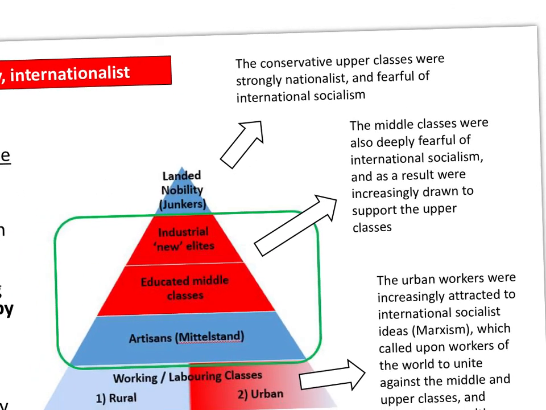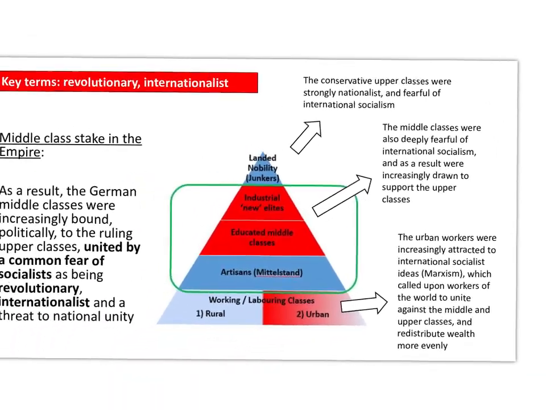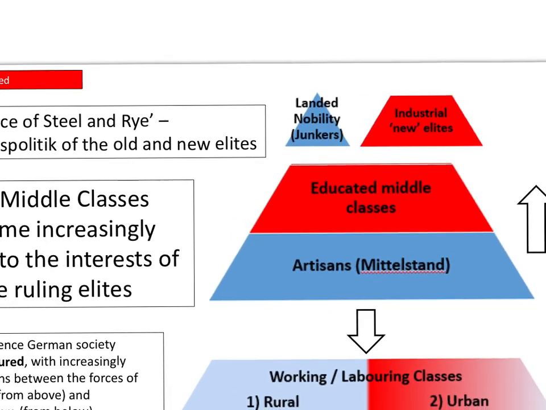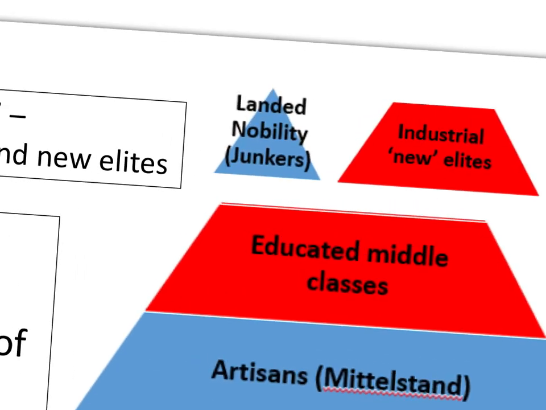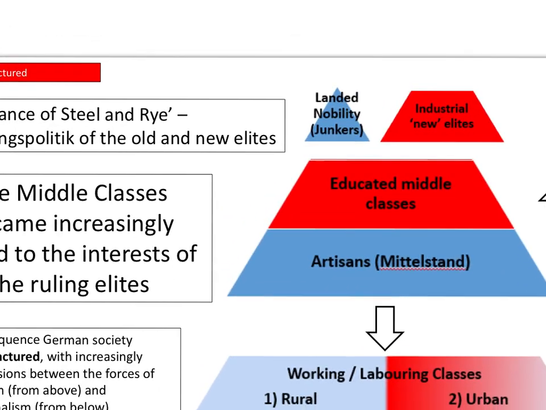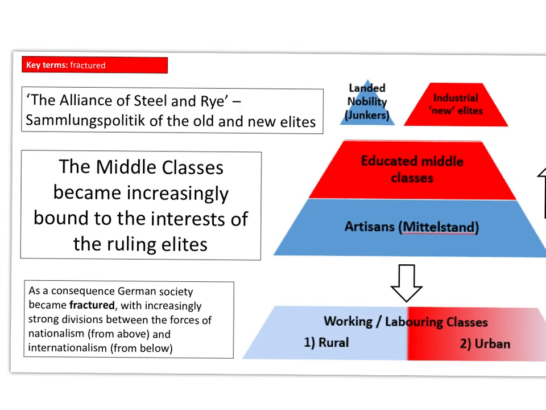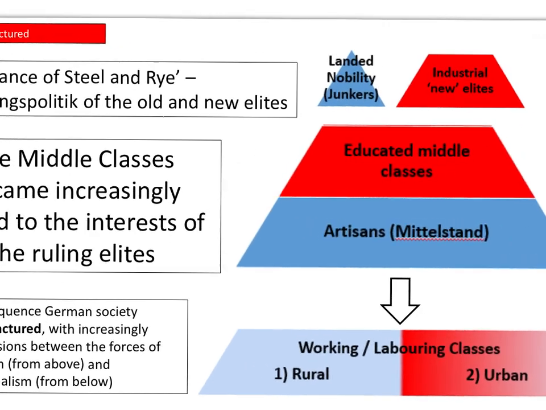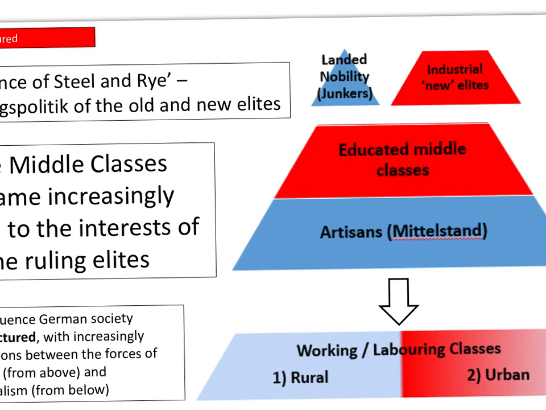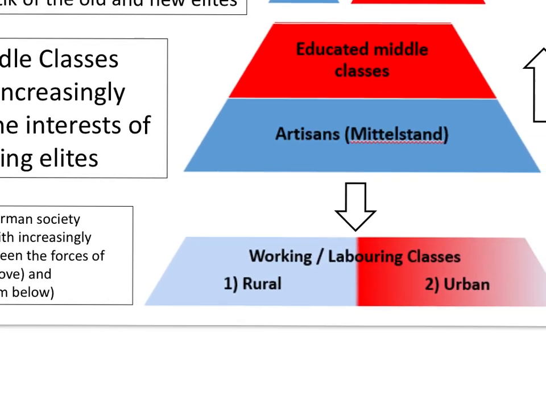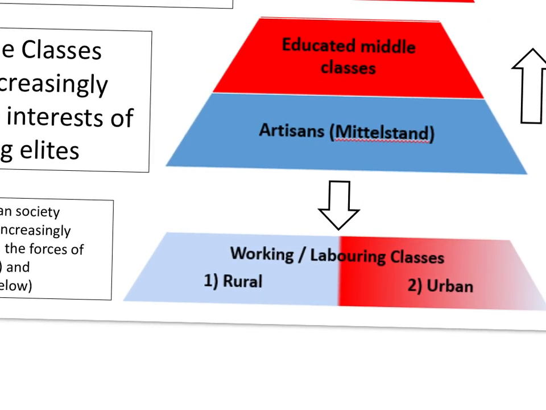So the middle classes and the upper classes therefore tended to come together. And that's what that diagram represents. We've already talked about how at the top the industrial new elites and the old Junkers worked together in the alliance of steel and rye. Well, what's now happening is the middle classes, the white collar workers, and even the artisans, the small craft workers and small shopkeepers, are increasingly looking to the elites to protect them against the rise of the working